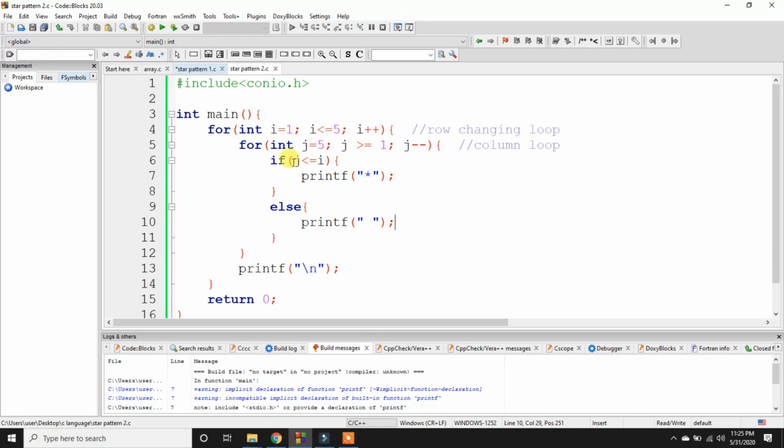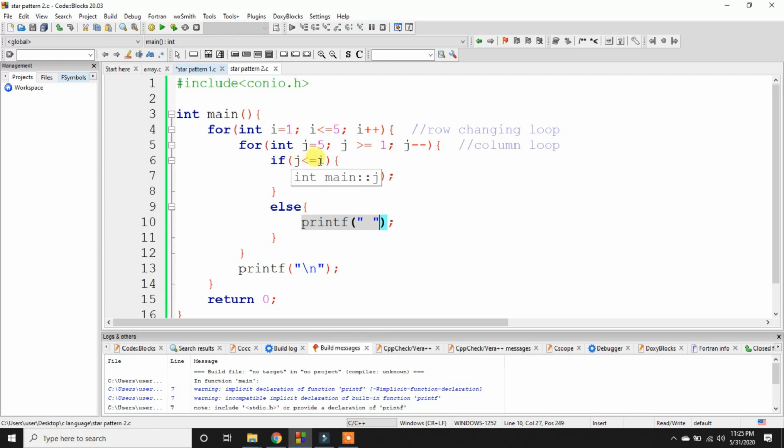So the first time j is equal to 5 and i is equal to 1, then is j smaller than or equal to i or not? j is 5 and i is 1, then j is bigger than 1, not smaller, so it will print the space. After that j becomes 4 and i stays 1. At that time the condition is also not satisfied, so it will print the space.